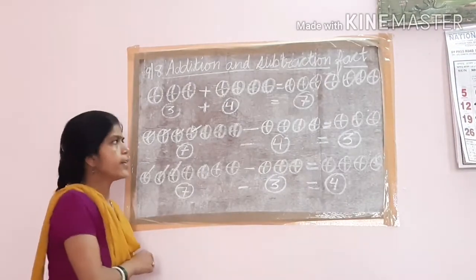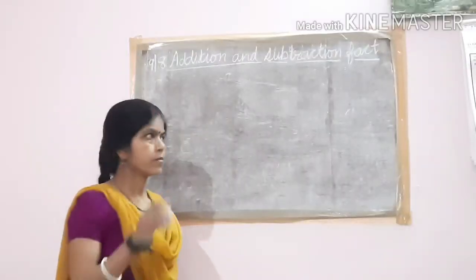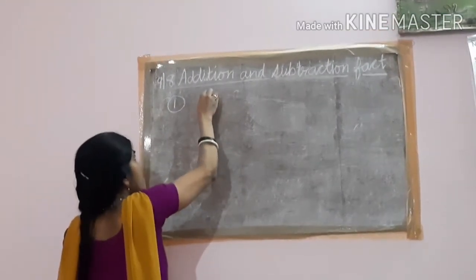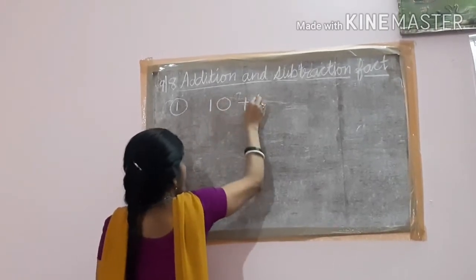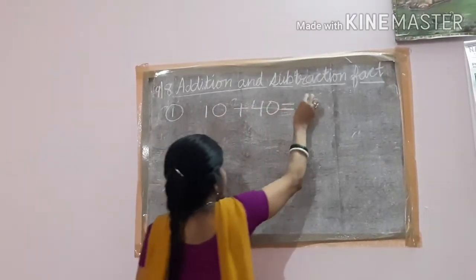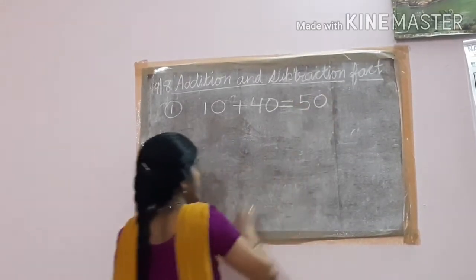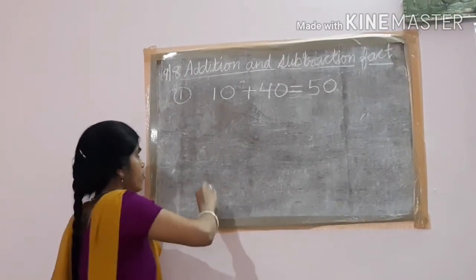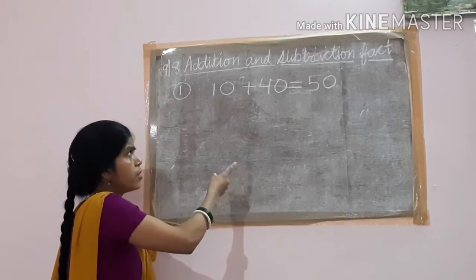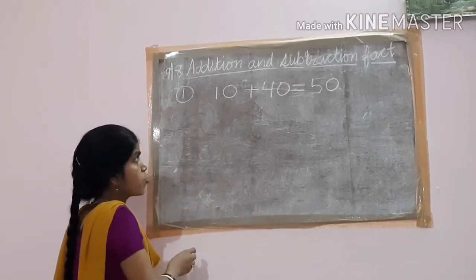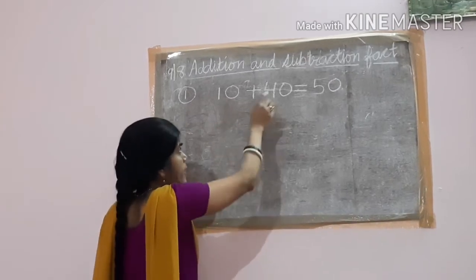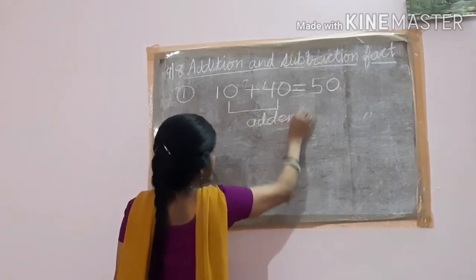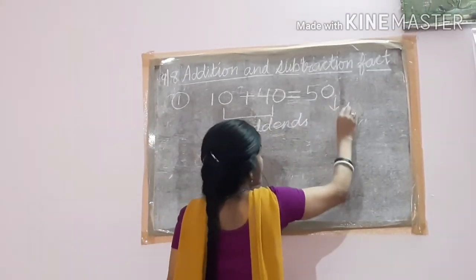This is what I will teach you today. Okay, one addition sum I will write here. Suppose 10 plus 40 is equal to 50. Yes? Now you have to write two subtraction facts. How will you write? Just before this I taught you by making the pictures. When you subtract one of the addends, these two are addends, and this one is the sum of the addends.